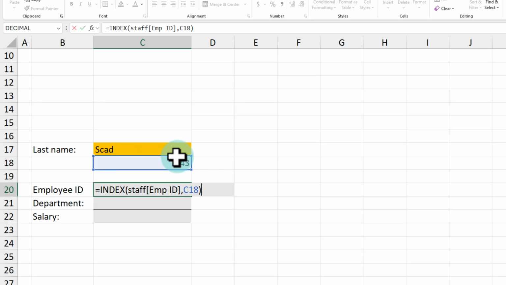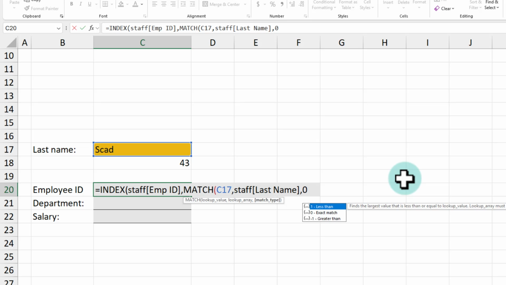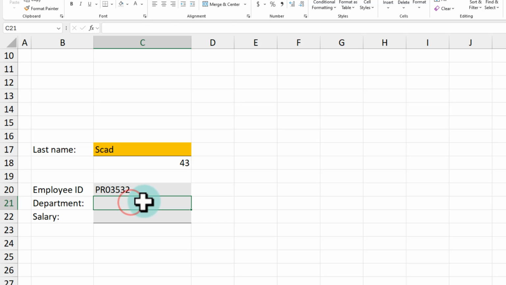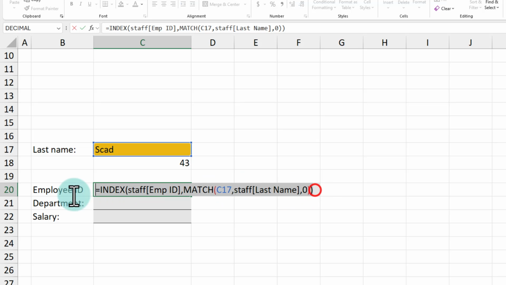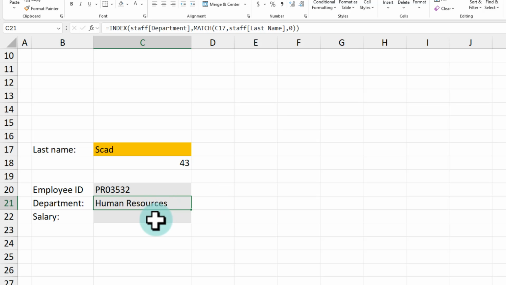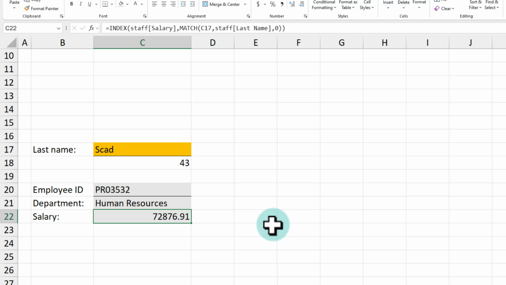When you combine this whole thing into one formula, that is called INDEX MATCH. So normally this is how we write it, INDEX of that, and then we say MATCH SCAD in the staff table last name with 0 as the exact match and close bracket, and we will get PR03532. To get the department, it's the exact same formula. So we can copy this, and this time just change the first part from employee ID to department. And finally, to get the salary, again we can change this to salary, and we will get the salary of